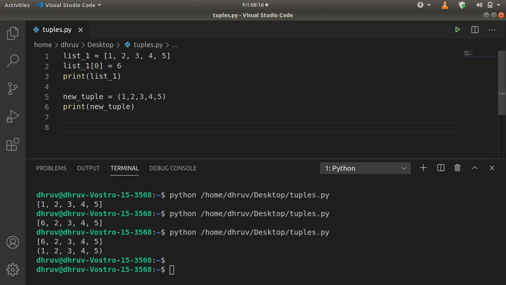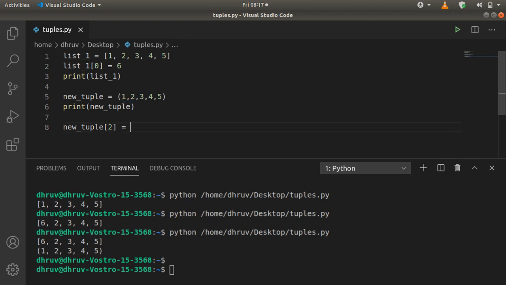But let us try to change a particular index value. Let's say I want to change the value of the second position. In our case, the second position is 3. So at 0th location we have 1, at first location 2, and at second location we have 3.